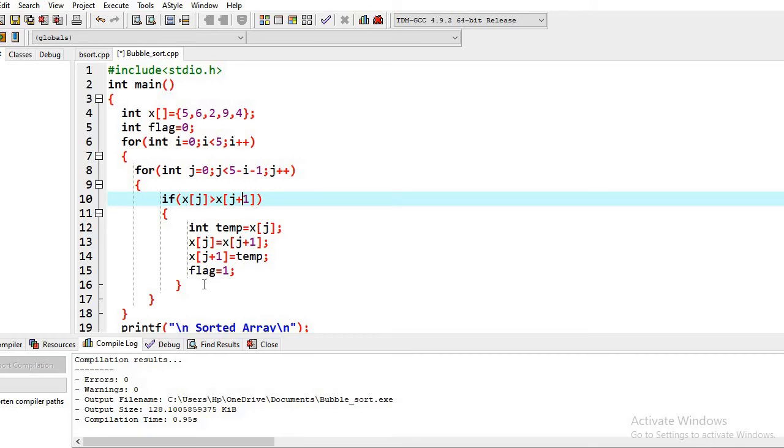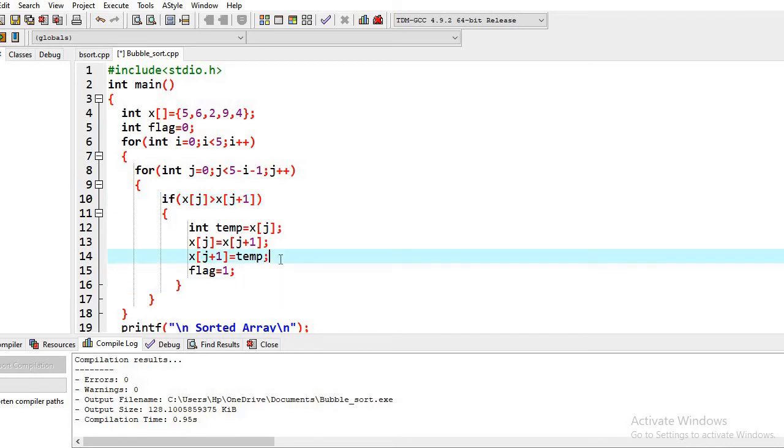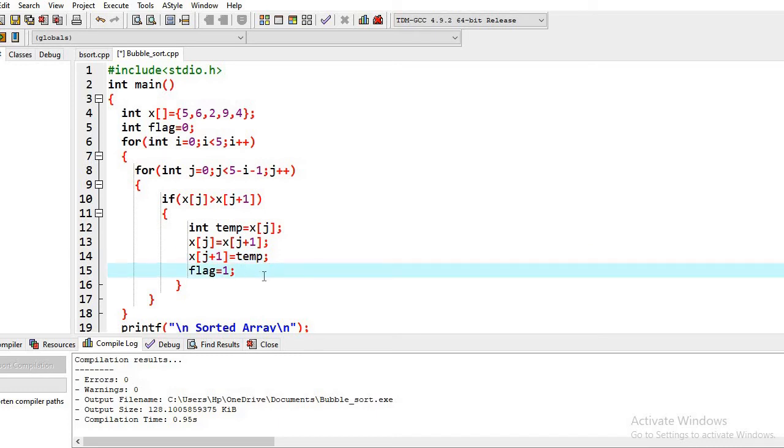Okay, so in that case we can conclude that the array is already sorted. All right, and if there is at least one swapping, even one swapping, then it means that we need sorting right now. So in that case we can say that the array is not sorted.